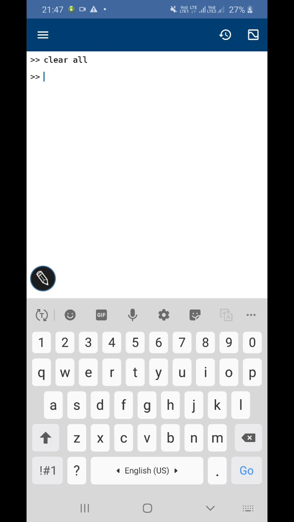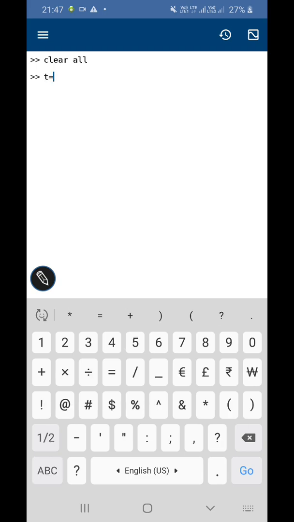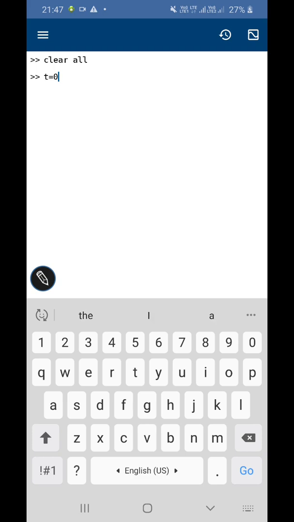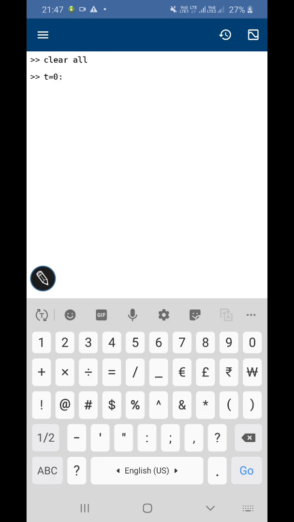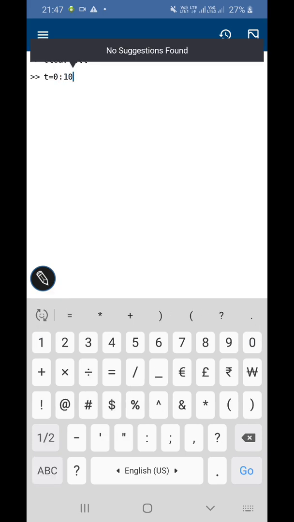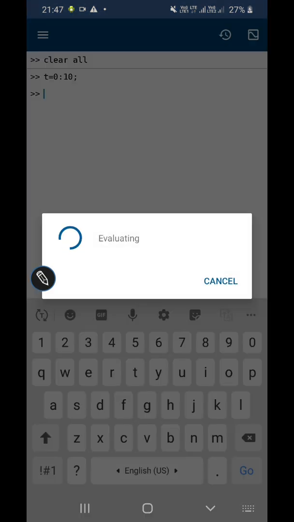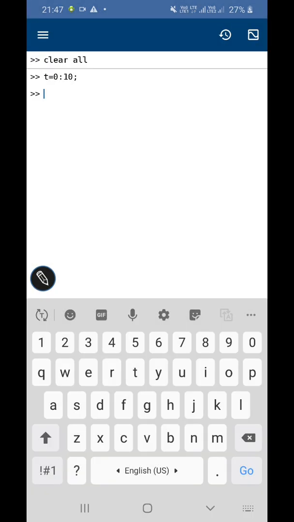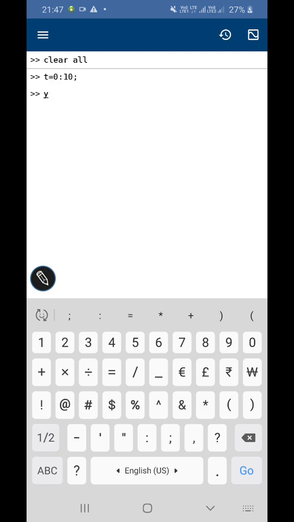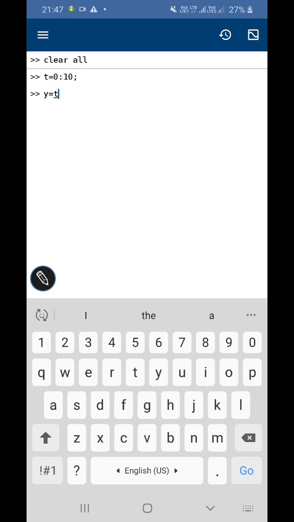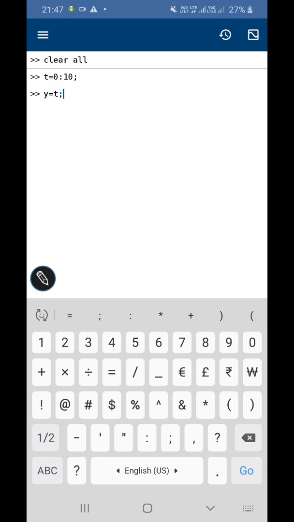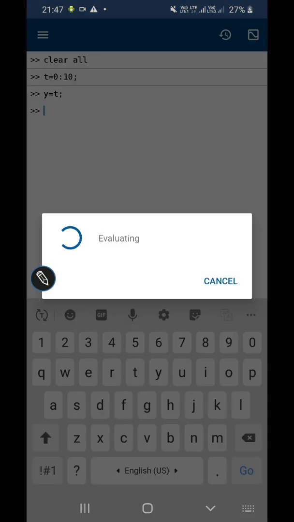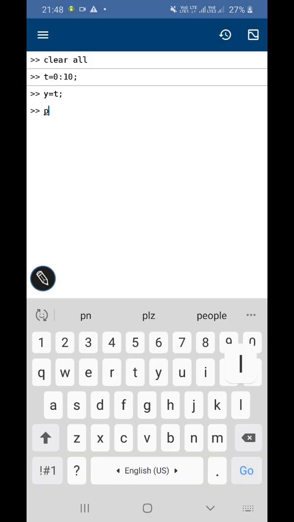Let me tell you, if you create a vector t from 0 to 10, and you want to see the value of y is equal to t, then we can just plot it.